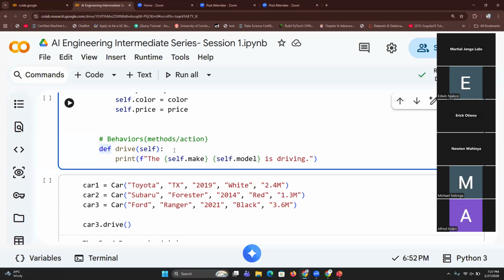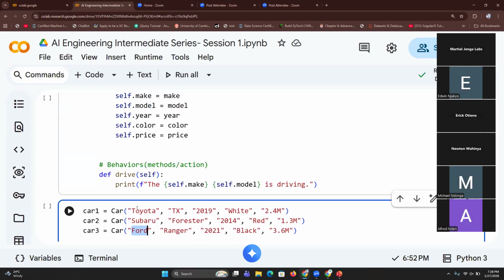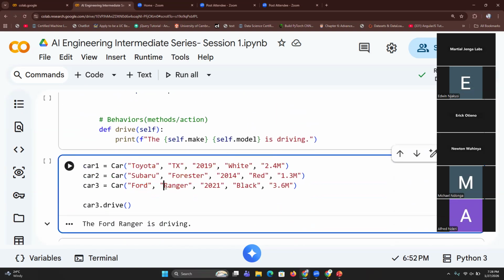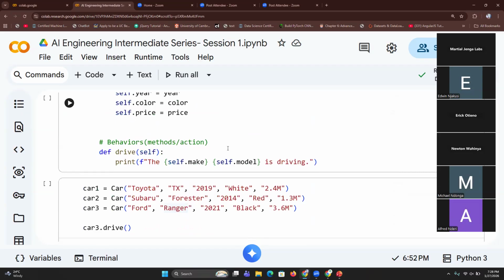So yes, one of our students defined for us that an object is an instance of a class. For a car, we can now have many instances. For example, you can have an instance of Toyota, we can have an instance of Subaru, another instance of Ford. But all these are cars, so they are modeled as car. So they have one blueprint. An object is an instance of a class. That is also very, very true. So we did quite a number of examples in